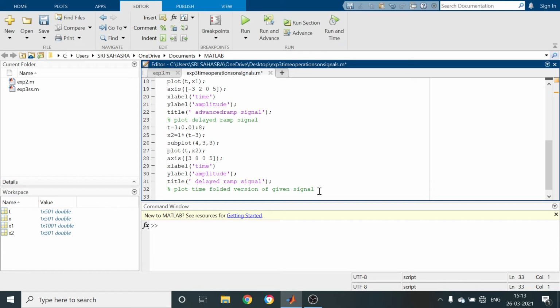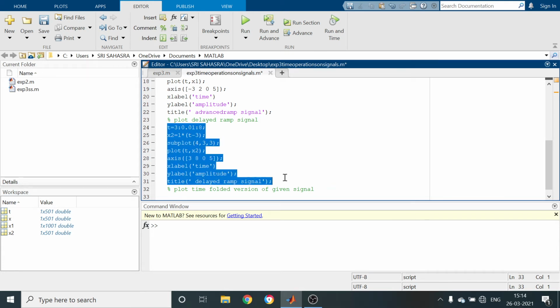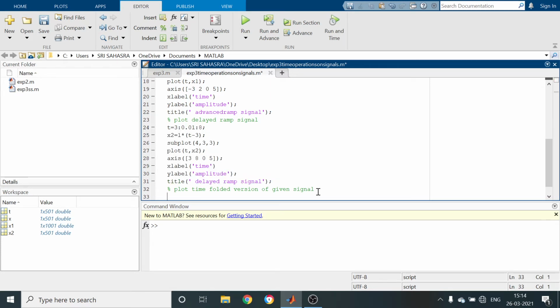I am going to use the same instructions with modification. Plot time folded version of the given signal. So here t axis I am going to take for folding as -5 to 5, variation 0.01.